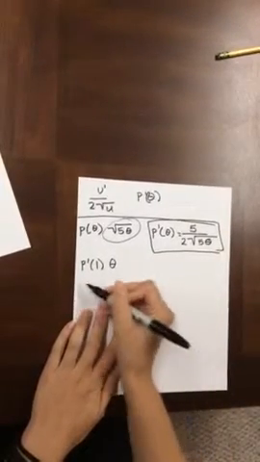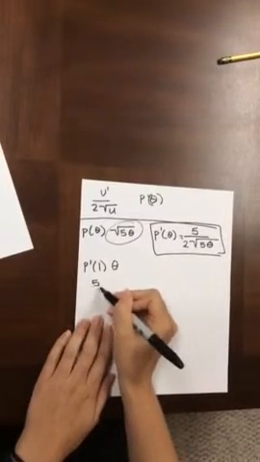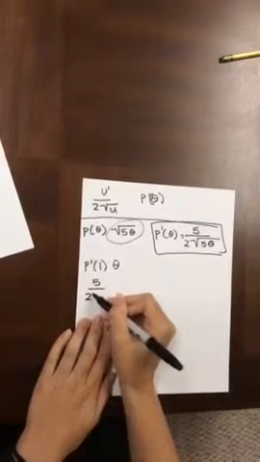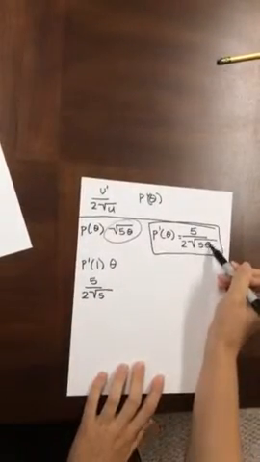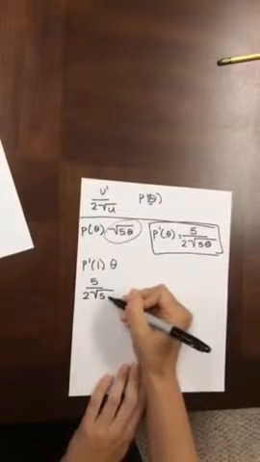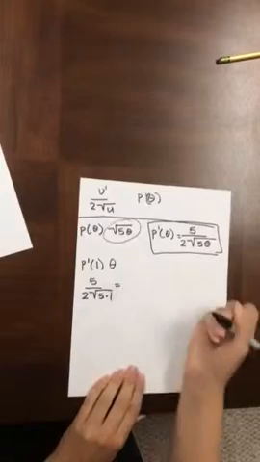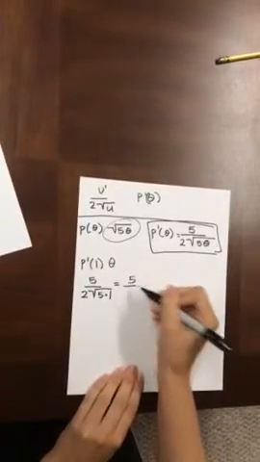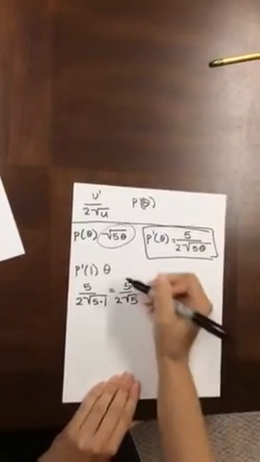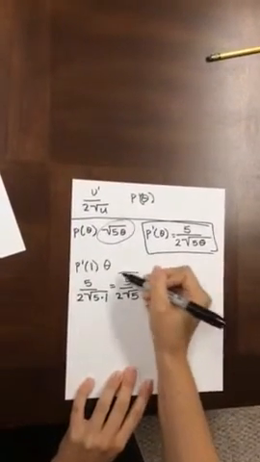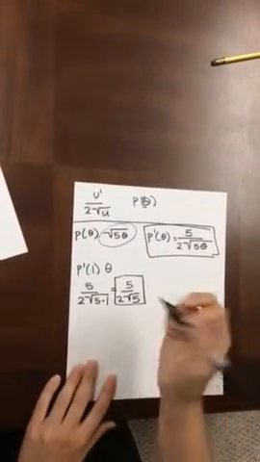So using that, we start with 5 all over 2 times root 5 times, and if we look up here, this is where we're going to plug the number in. So it's going to be times 1, using that 1 there, which then equals 5 all over 2 root 5. And that's as simplified as we need it to be. So that's our answer for P'(1). Next one we're going to do, I'll label this